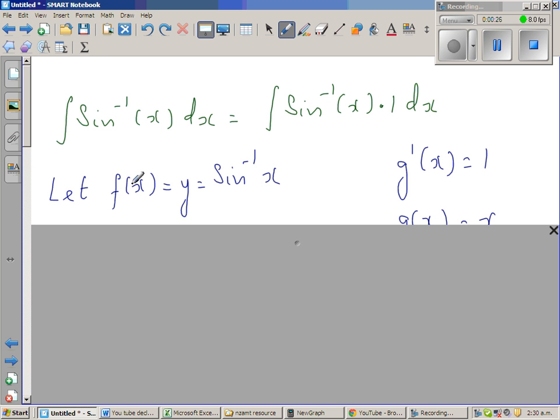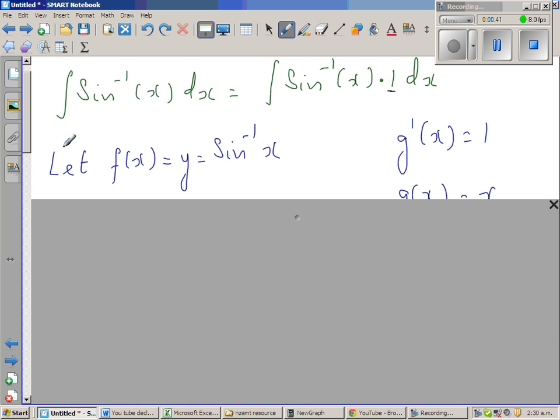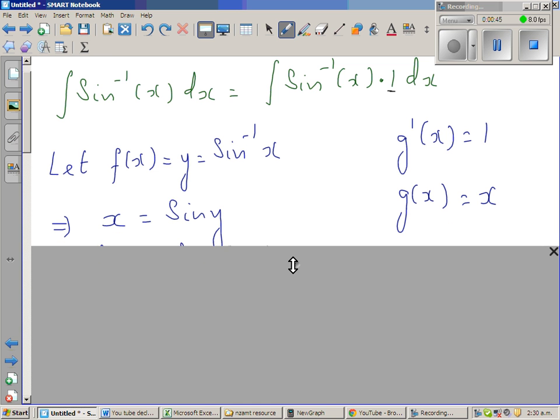So I will let f of x, the first function, be sine inverse of x, and the second function I have let as g dash x. So this is a gradient function and this is a function. Now, to be able to differentiate this function, if you know the derivative, that's good, but